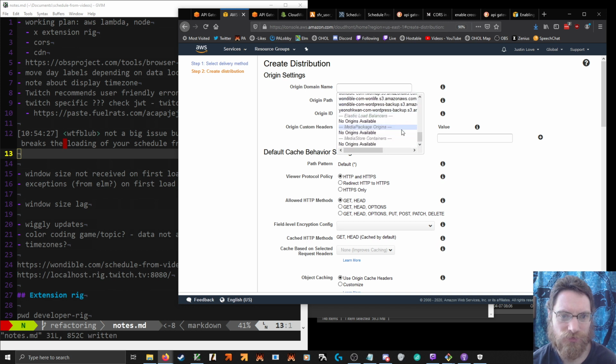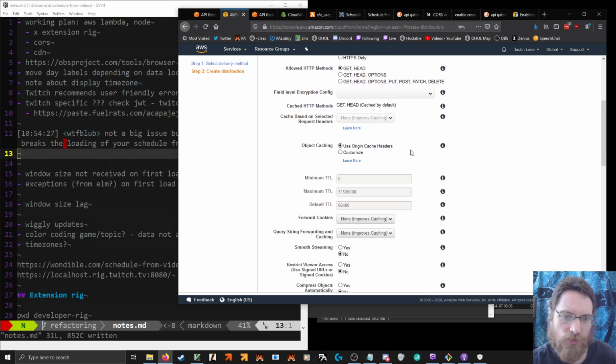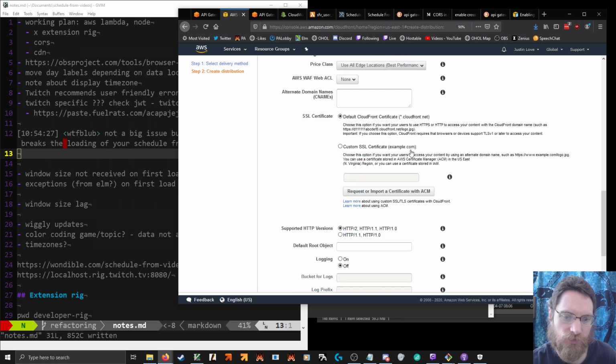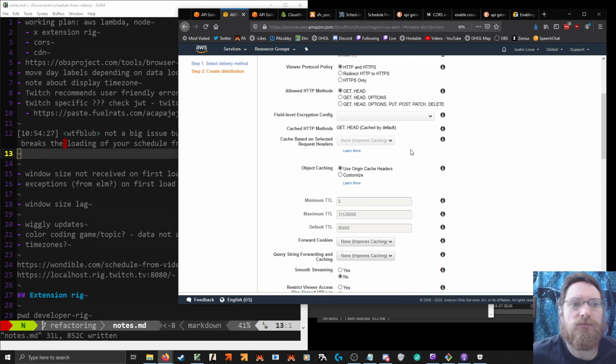So I've mostly just done S3 stuff so far. Origin domain name. Custom headers. So maybe you could do all of the CORS stuff here. And you could essentially have one CDN for every origin.